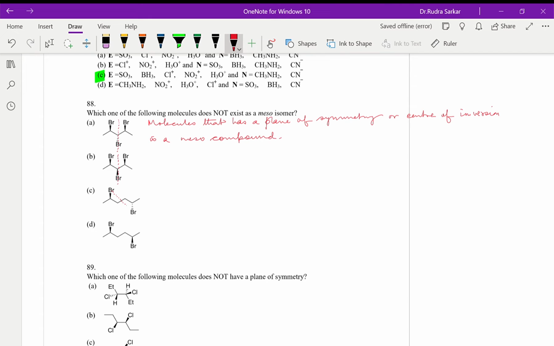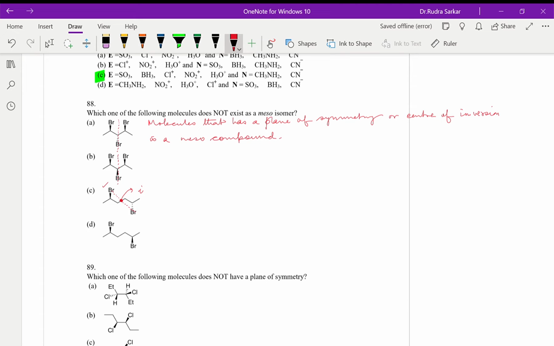if we go through this C-C middle bond, then from this point, which is the center of inversion, we reach a bromine atom. Okay, starting from this bromine atom, we will hit a point which is the center, and on either side we reach a bromine atom at an equal distance. So if this is taken to be the origin, on the top we have a bromine atom and downwards we have a bromine atom. So this is called the point of inversion center. So this also will be a meso compound. Now the other one, which is D,